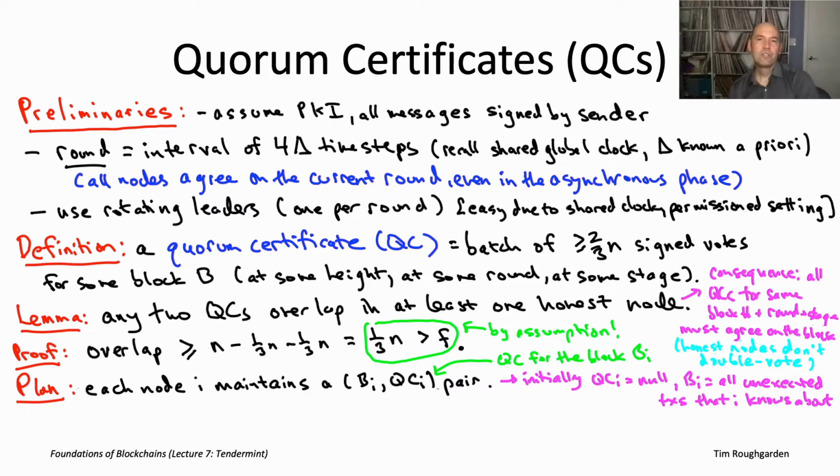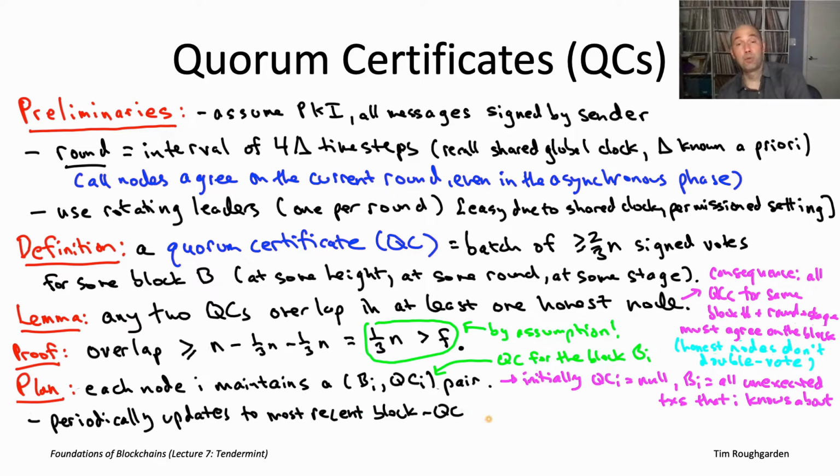Now, as the protocol starts humming along, nodes will be periodically updating their local variables to reflect newer quorum certificates that they may have seen or may have heard about. And so what do I mean by a newer quorum certificate? I think it's what you'd expect. So if you fix a block number, like block number H, and you look at 2 different quorum certificates for that block number, well, if one of them's from a later round, like 119 instead of 117, that's going to be a newer quorum certificate.